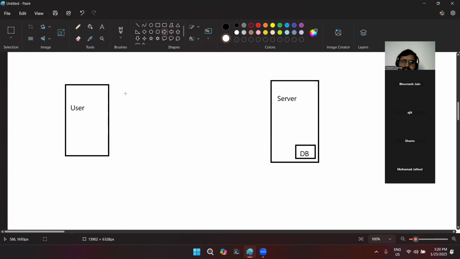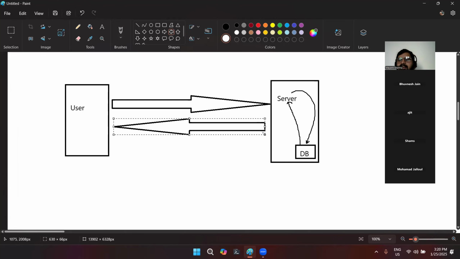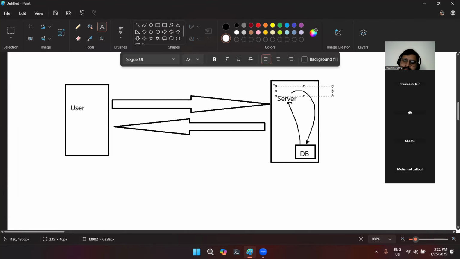A user sends a request to this particular server. Once the server gets these details, it checks them in this DB. When the DB says this is the correct user, it sends back a token or a result saying you are authenticated and able to access. This is the basic approach that people were taking. But think about it like this: this approach is only for Microsoft Office, and we are doing this approach to access it.